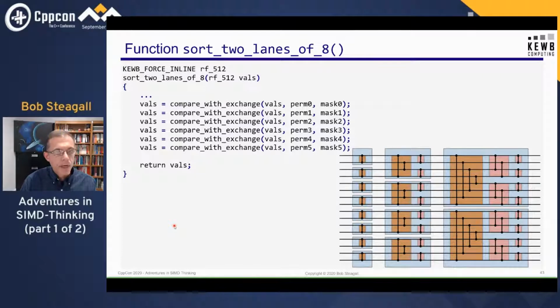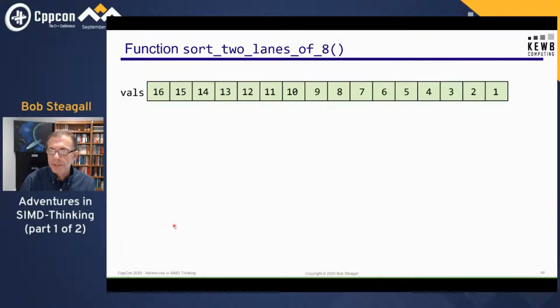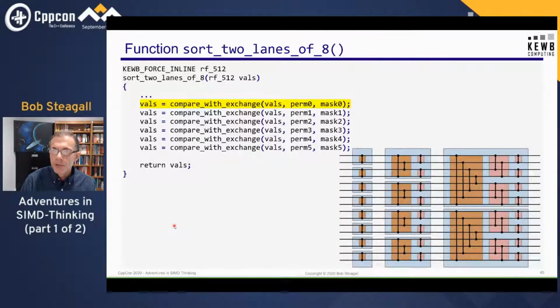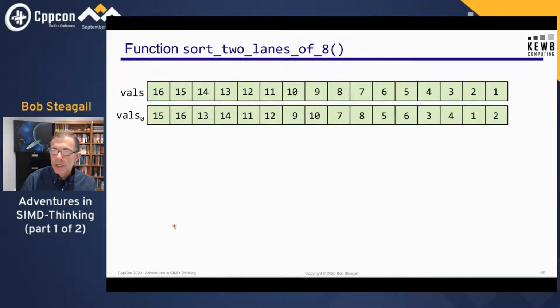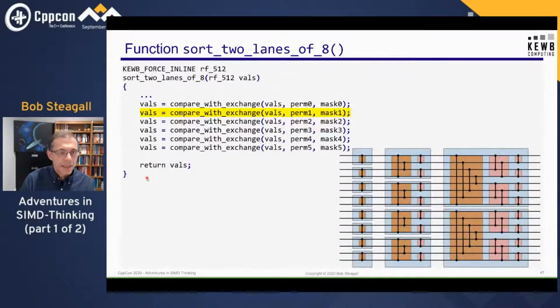So here's the rest of the function after I've pre-computed the permutations and the bit masks. So I start with my vowels. I'm going to do my first compare exchange, and you'll see that it's worked. Adjacent pairs of elements have been reversed. My second permutation,